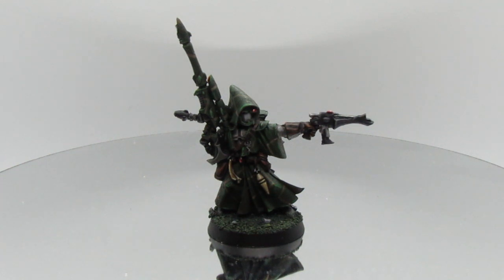Now the thing that he's holding in his hand is what they call a shuriken pistol. Now that's got to be the biggest damn pistol I've ever seen. You know, I don't know about blowing your head clean off. I think if he threw it at you, you'd probably die as well. Plus the fact he's got to have some bloody strength in his hand to keep that steady. I really do think that the shuriken pistol's a bit out of proportion. It should be half the size of that. But anyway,